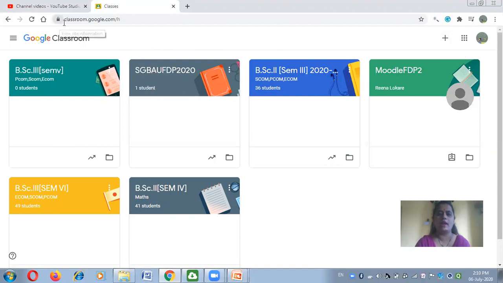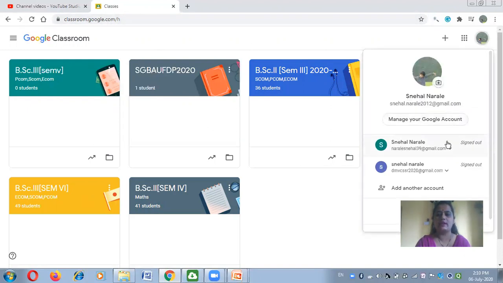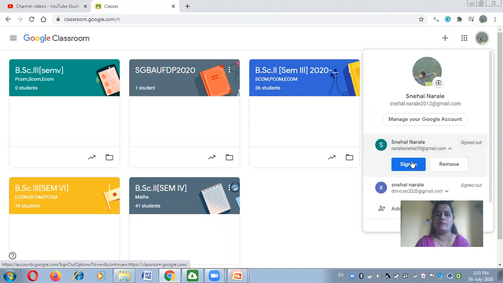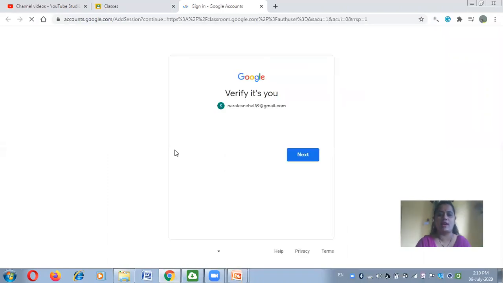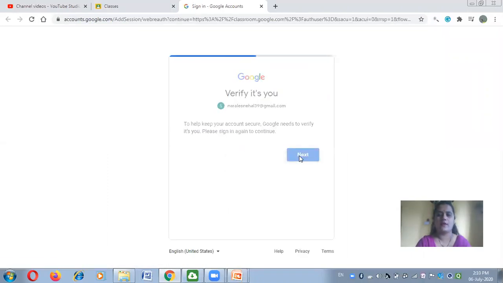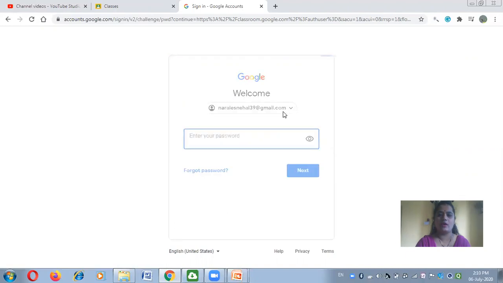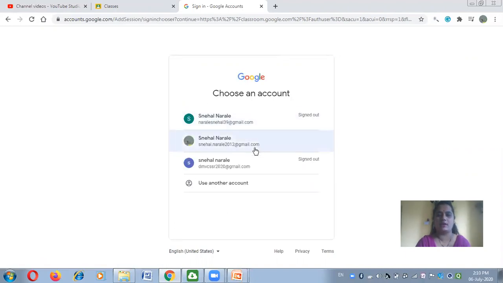When you type www.classroom.google.com, as I am already signed in with my Gmail account, no error message will be seen. But when the user is logging in for the first time, you will see a message like this. I can also sign in with another account.